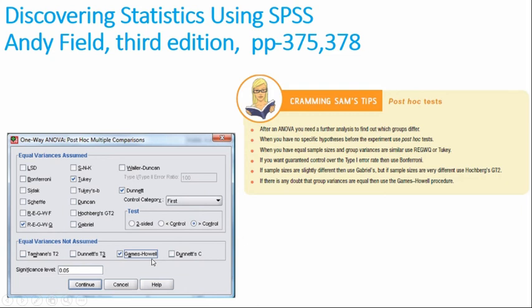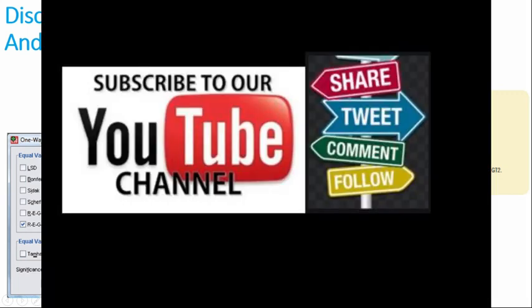Friends, in this video we have discussed what is one-way ANOVA, why we should not use multiple t-tests, what are the assumptions of ANOVA, how to perform ANOVA manually and with the help of software, how to check the assumptions, how to interpret the results, how to report the findings, and what is Posthoc and how to perform the Posthoc ANOVA. Friends,